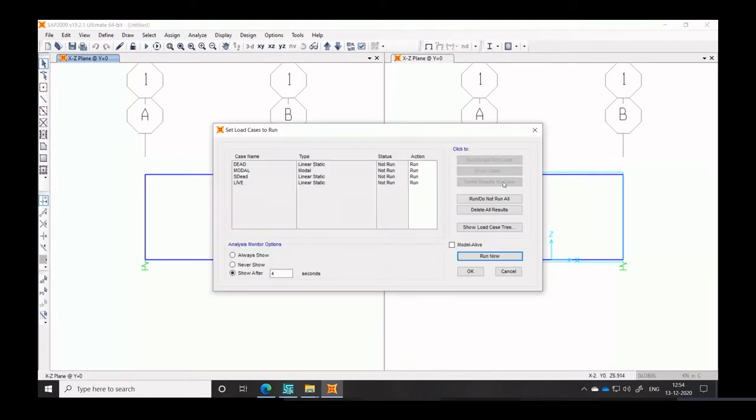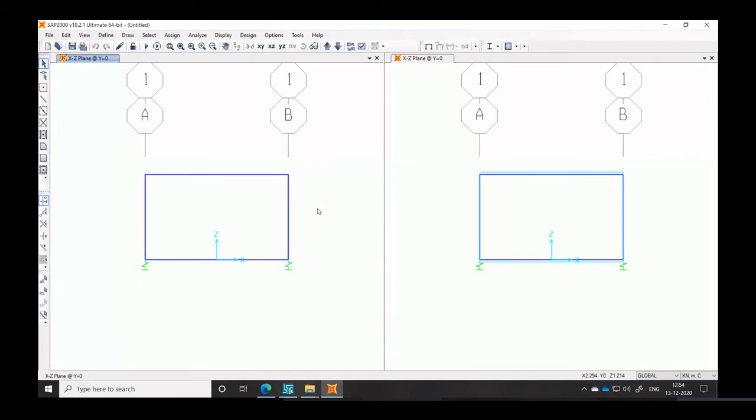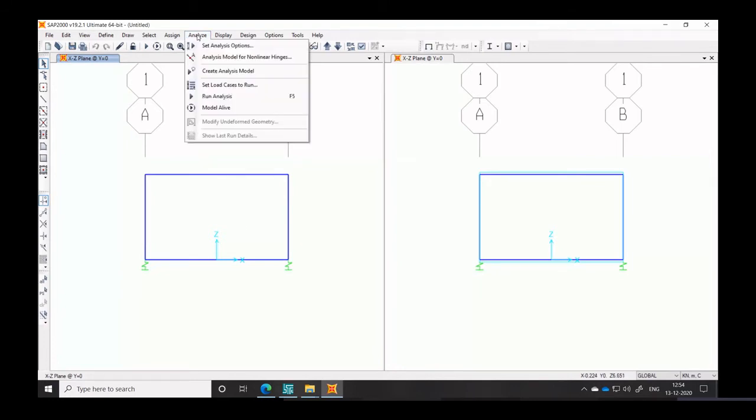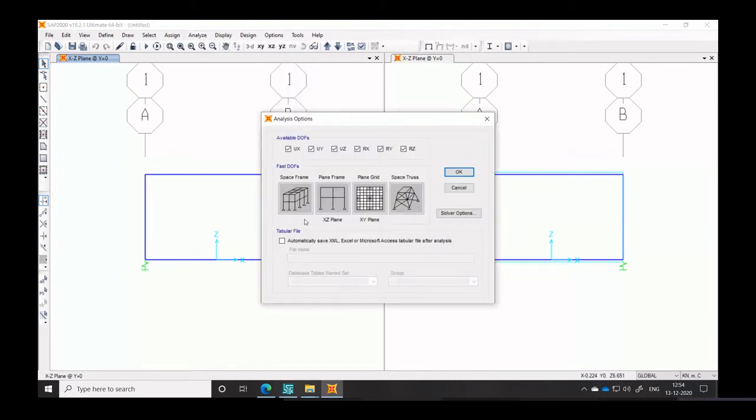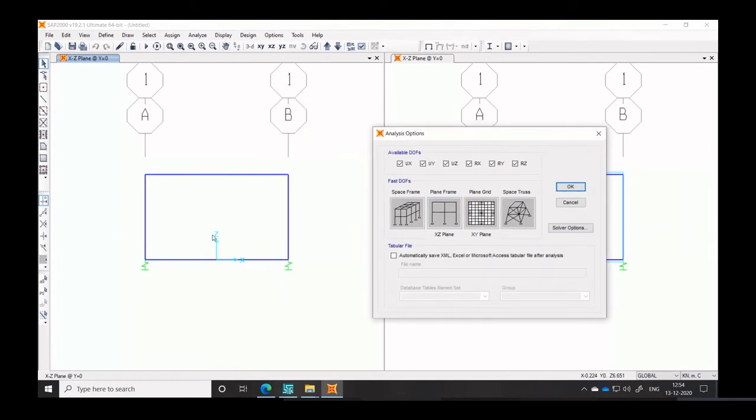Before running the analysis, remember it's a 2D analysis, so you need to set the analysis as 2D. Otherwise it will show you the other direction as well. So go to Analyze, Set Analysis Options, and select the XZ plane, because our structure is a 2D structure in the XZ plane.